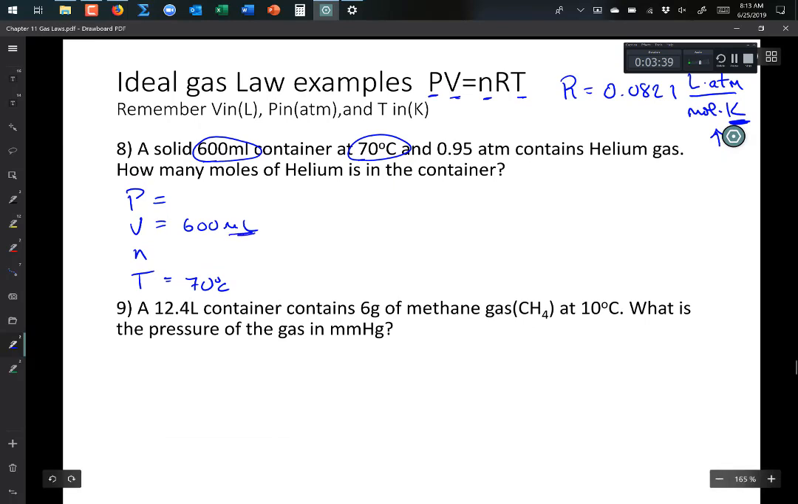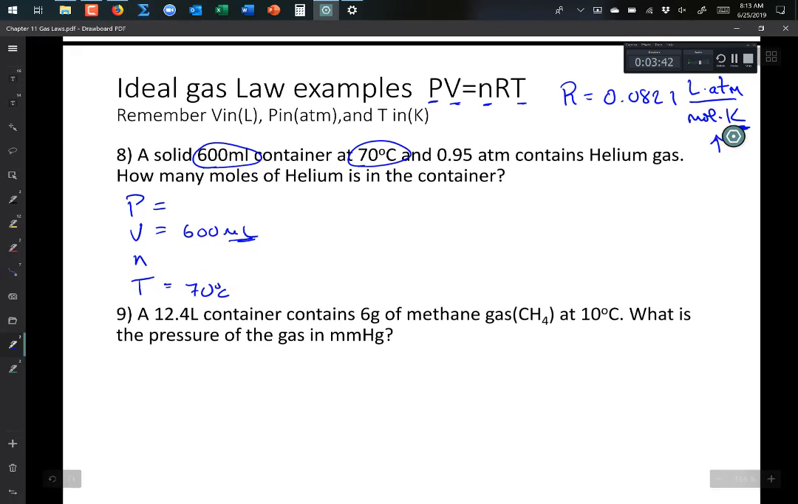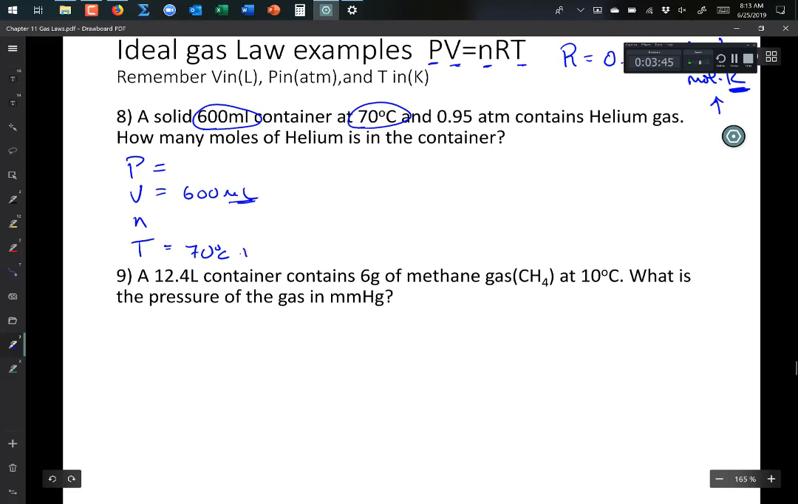This is milliliters. What does it have to be in? Liters. So we're going to have to do all these conversions. For this one, it's pretty simple. I have to add 273. The Kelvin temperature is always 273 degrees higher than the Celsius temperature. Well, what else do I have here? I have 0.95 atmospheres. That's P. What am I looking for? Moles. So take your equation, you solve it, and that's what you'll have to plug in. So the only thing I have to do is convert